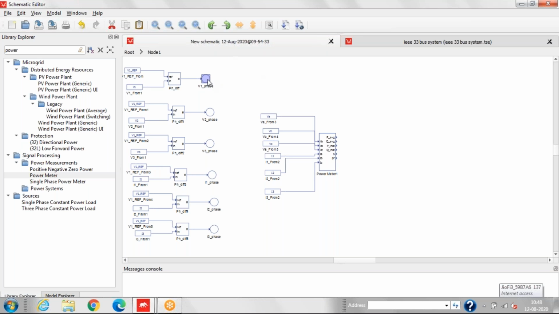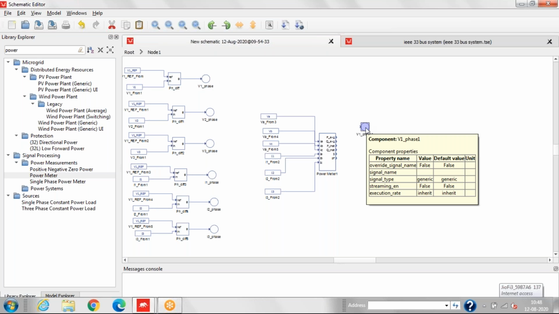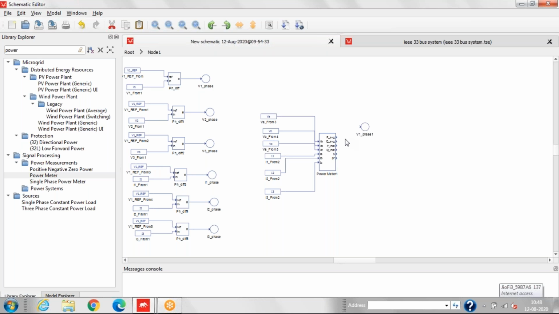So we'll copy this probe and we'll paste it there. Now we'll change the name of the probe. So at the output of the power meter we have P average, Q average, then P instantaneous, Q instantaneous, then other signals here. So now we require to measure only active power and reactive power, and we'll measure the apparent power and then power factor.